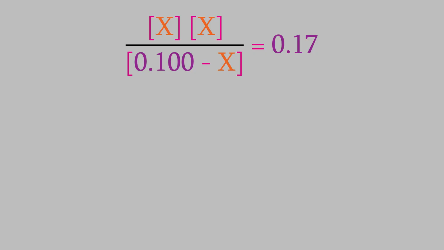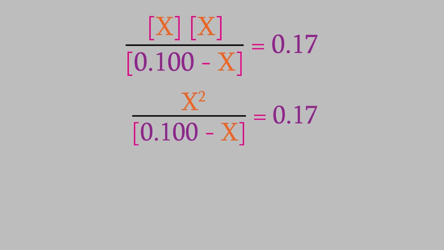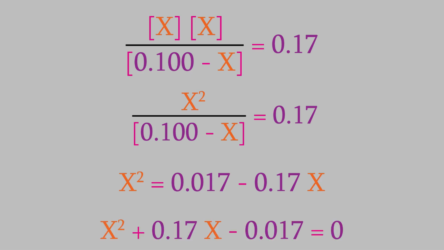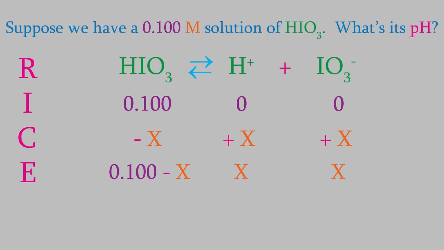The numerator is the same as x squared. Next, I'll get rid of the denominator by multiplying the right side by 0.100 minus x. Now I'll move everything to the left side of the equation, which gives us x squared plus 0.17x minus 0.017 equals 0. This is a quadratic equation, so we'll use the quadratic formula to find the solution. Please feel free to use a programmable calculator to do this the fast way. When you do, you find out that x has two possible values,